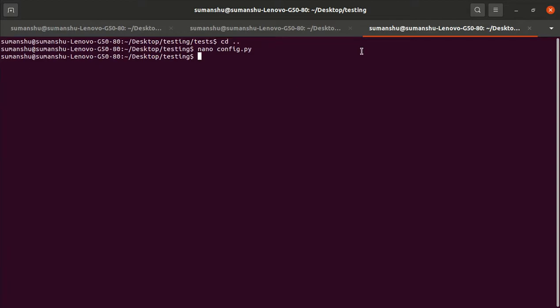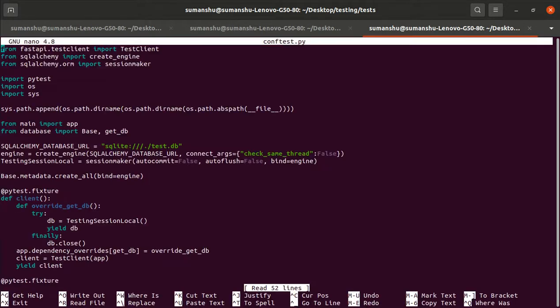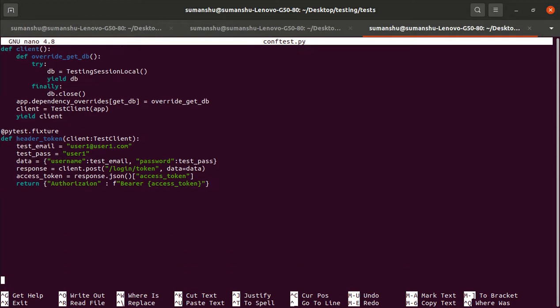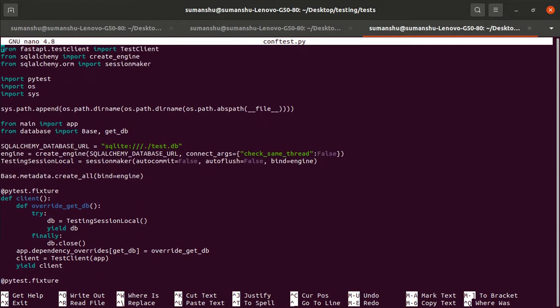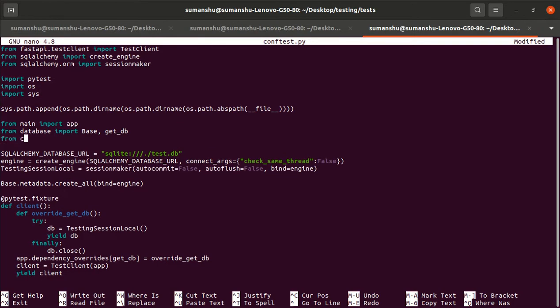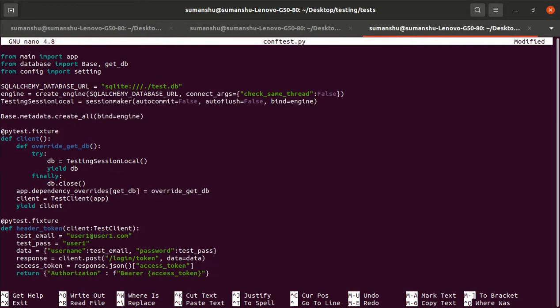So rather than defining it hard coded here, we will get it from the configuration. From config import setting. Even we can remove these two lines.